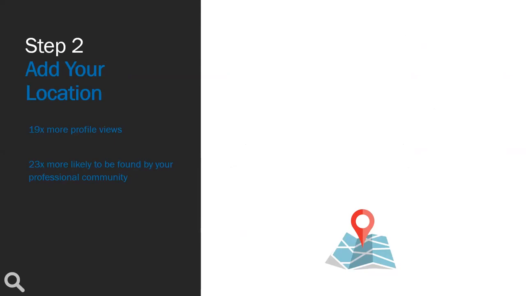Now, you might notice a little search icon at the bottom of the slide, which was not there in step 1. I have the search icon to indicate that LinkedIn prioritizes this metric in searches. There are 5 of these that LinkedIn prioritizes. 4 of them are in this presentation, and the 5th one is your name, which I'm not going to cover. I mean, it's your name. Just make sure it's spelled correctly, that it's sentence case, with the first letter capitalized, all of those nice things. But just have a look at the ones with the search icon and pay special attention to those.